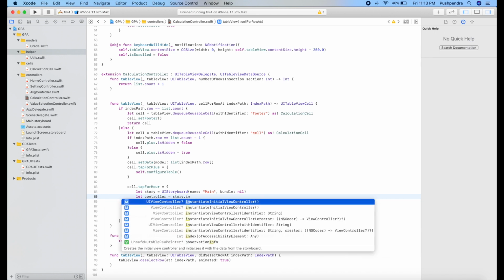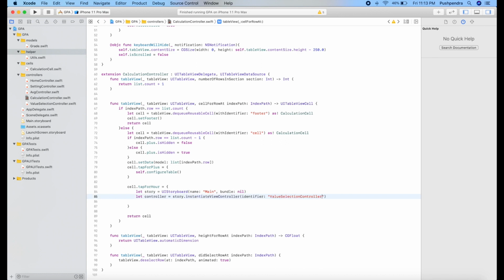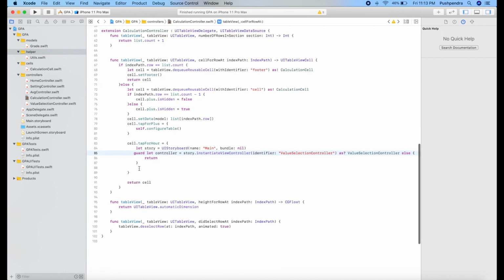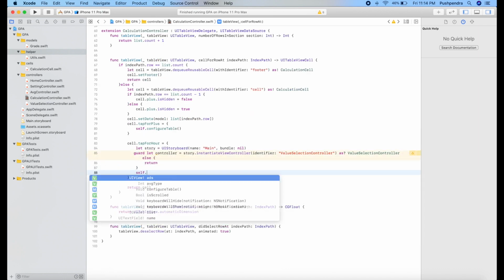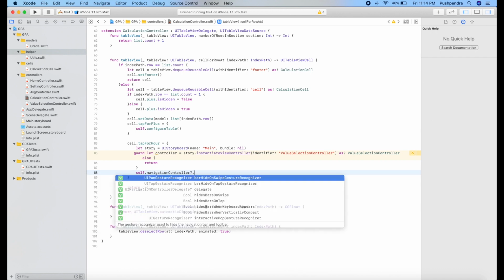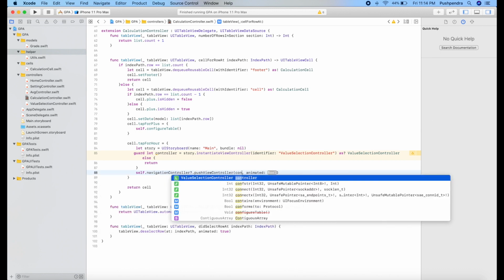Now controller equals story dot instantiate value selection view controller. That's great. Else, and I will bind this with guard. It will save our code because from the starting we are using guard, so you must understand the functionality of a guard.